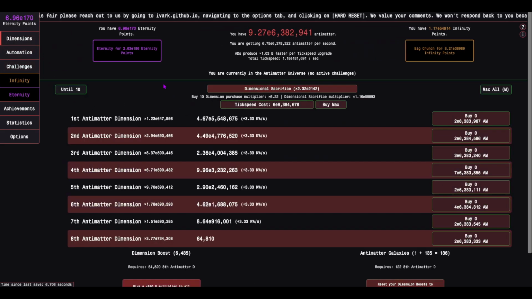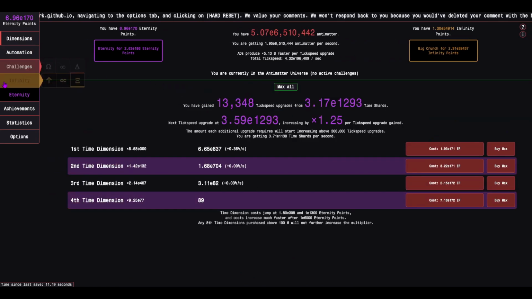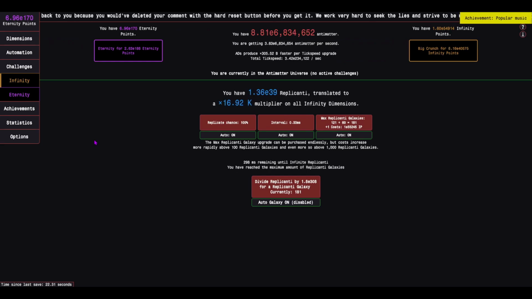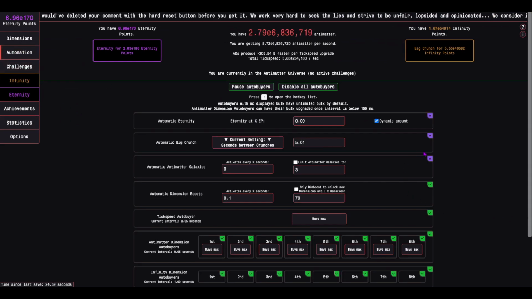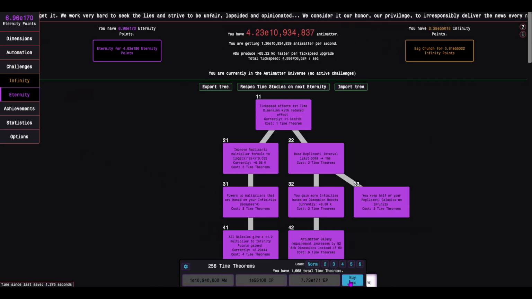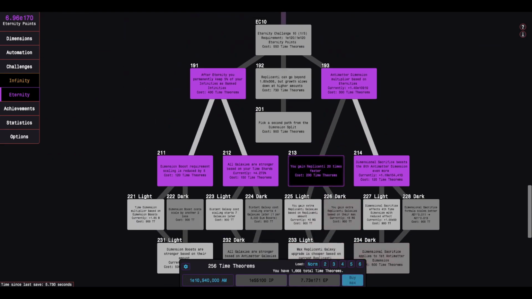Right? I have one galaxy, right? Yeah, I have one galaxy. And this is just how you do it. It's very easy. And there we go. And let's turn on that. Immediately shoot up to E10 million antimatter. And I mean, I guess I can go ahead and buy this